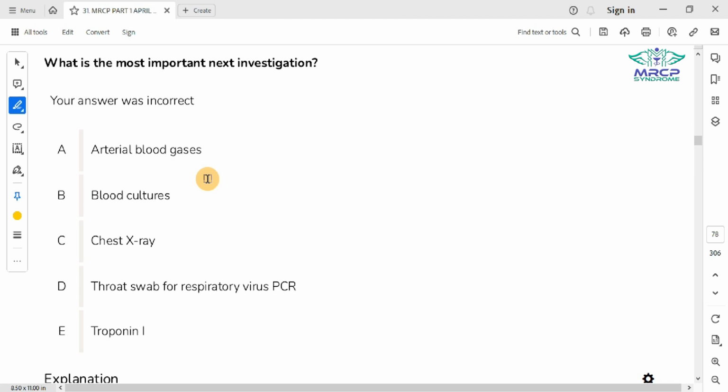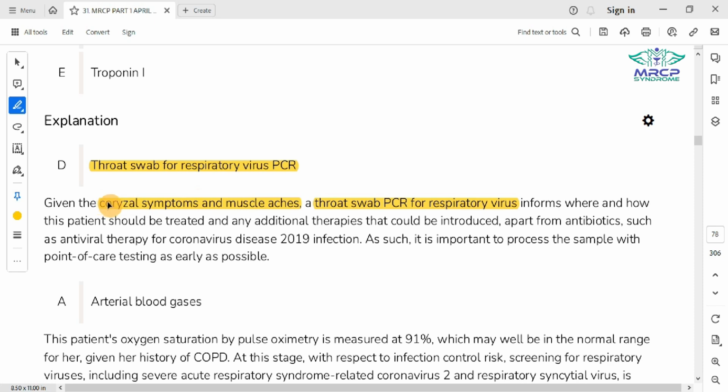Going for the throat swab for respiratory virus PCR would be the most appropriate next investigation. Given the coryzal symptoms and muscle ache, a throat swab PCR for respiratory virus informs where and how this patient